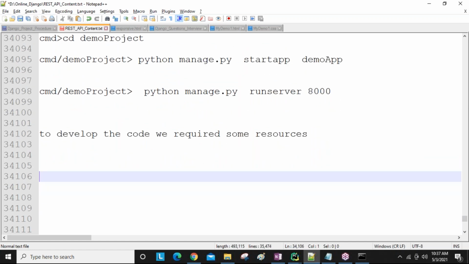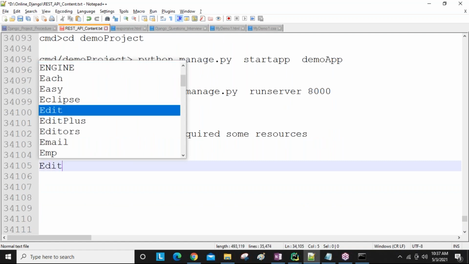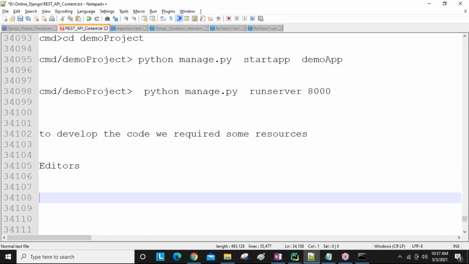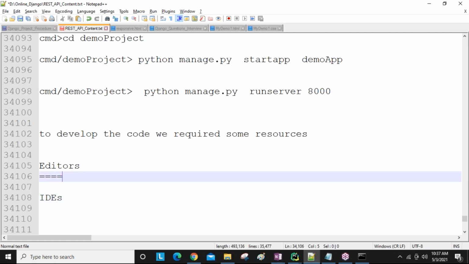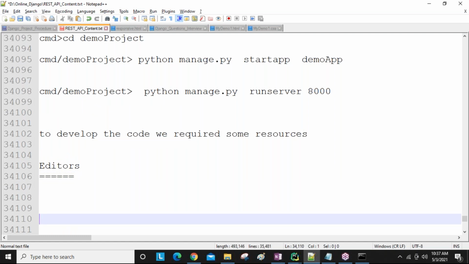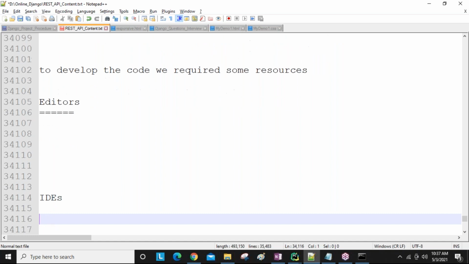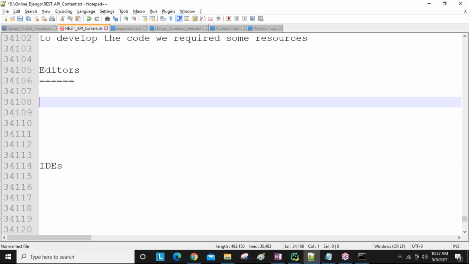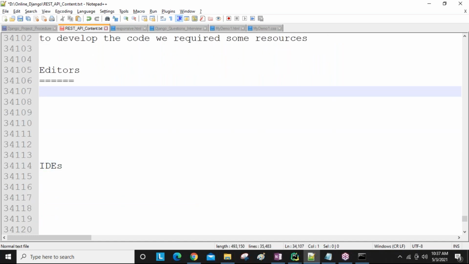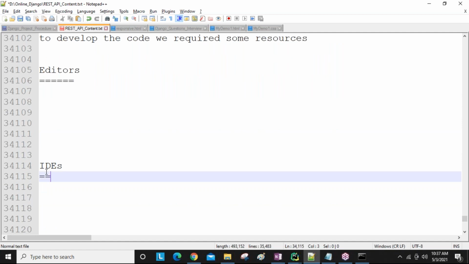We have different kinds of resources: editors and IDEs. At the time of learning Python, people use editors. Basic programming people can use editors, but real-time coding should use IDEs, not editors.